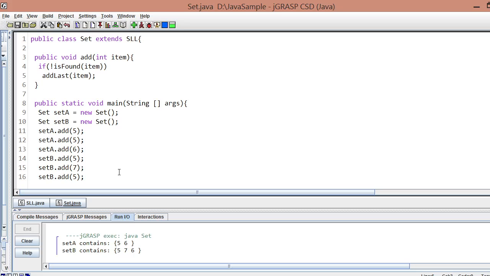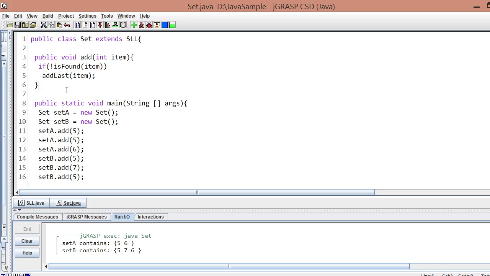If we combine 5, 6 and 5, 7, 6, we would expect that the union should only be 5, 6, and 7.